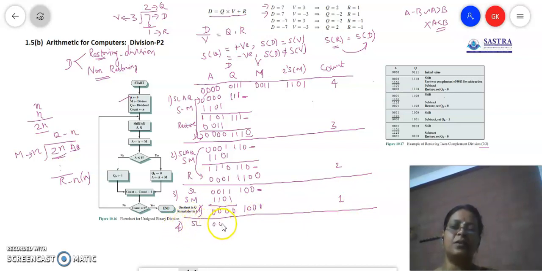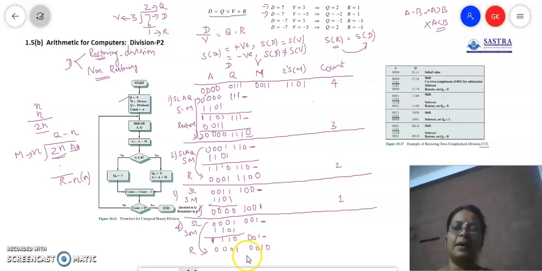So it is going to be 0 0 0 1 and then 0 0 1, and here you will just put a blank. Now the next step will be subtract M. Subtract M means add the 2's complement of M, which is 1 1 0 1. Adding, we get 1 1 1, and here we have 0 0 1, then dash. Now you examine A. A is 1, so it means it's a negative number. When it is a negative number, you have to cancel the subtraction. That means you have to restore the operand. So you'll be restoring, and you'll get 0 0 1 and then 0 0 1. Because you are restoring, you'll set the quotient bit to 0.